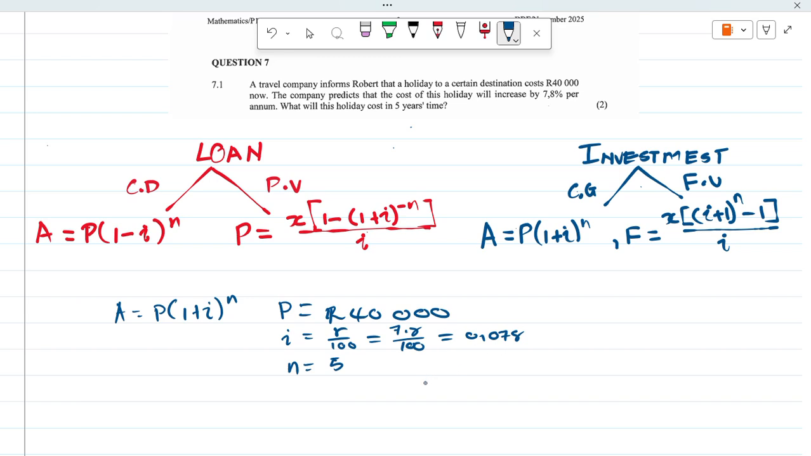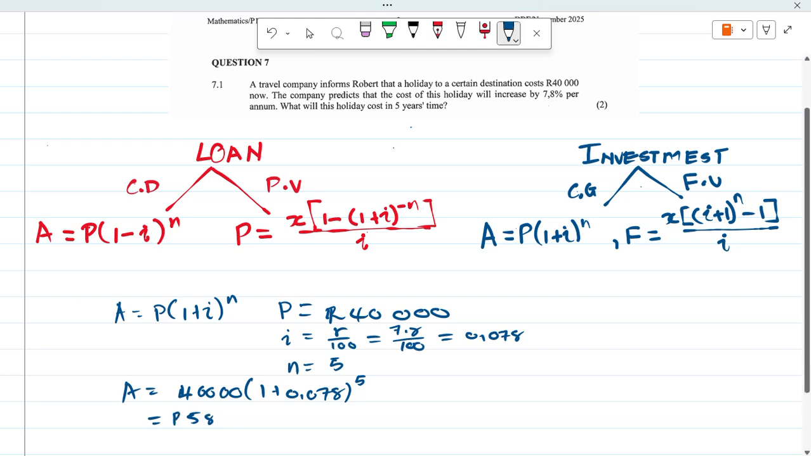So now that we have everything cleared, now let's go ahead and find our answer. So this is going to be A is equal to P, which is our 40,000 Rand, times (1 plus our i, which is 0.078), all that to the power n, which is 5 in this case, right? And that will be equal to a total of 58,230 Rand 64 cents in total. All right,